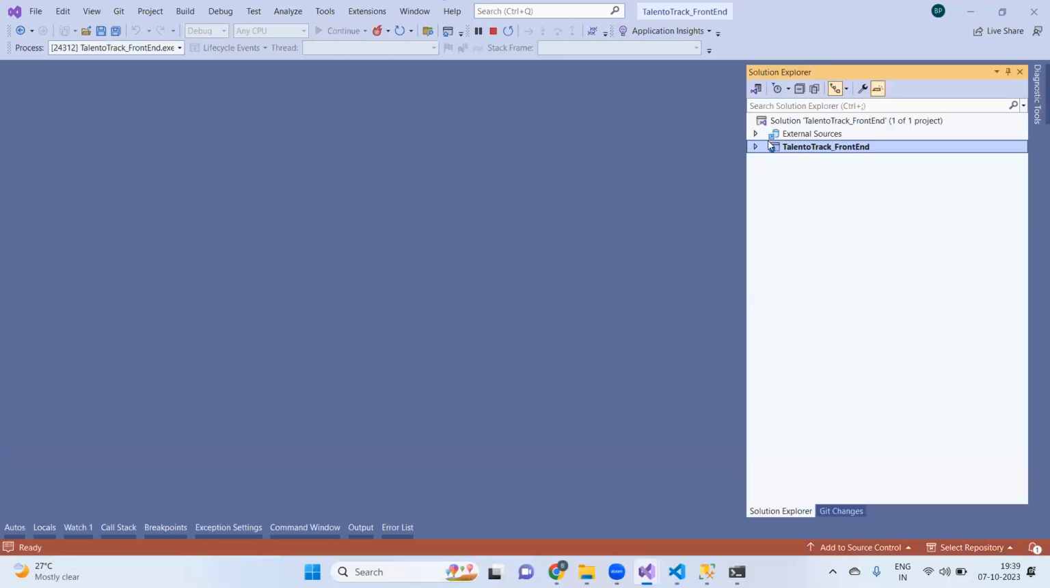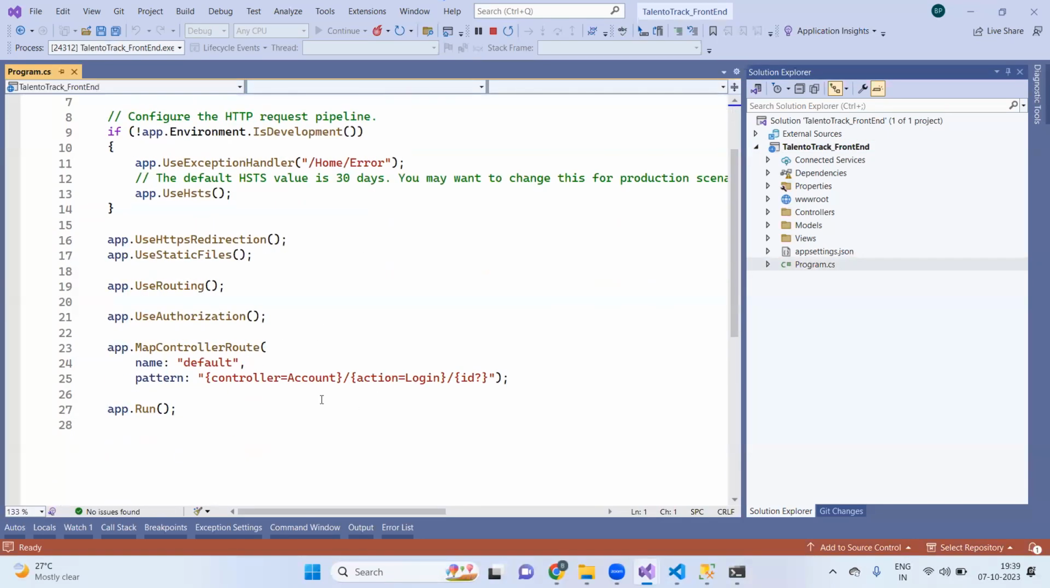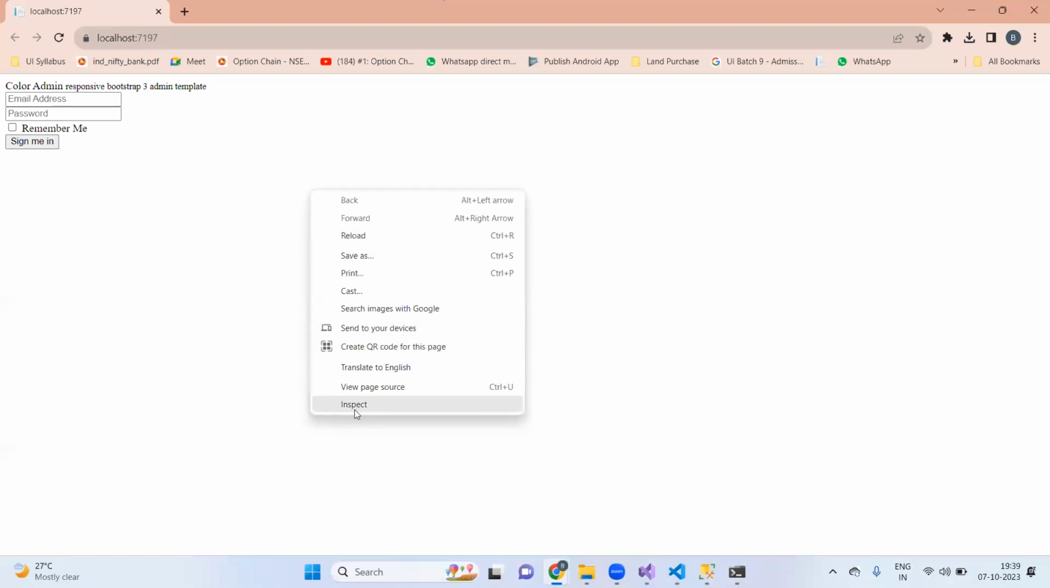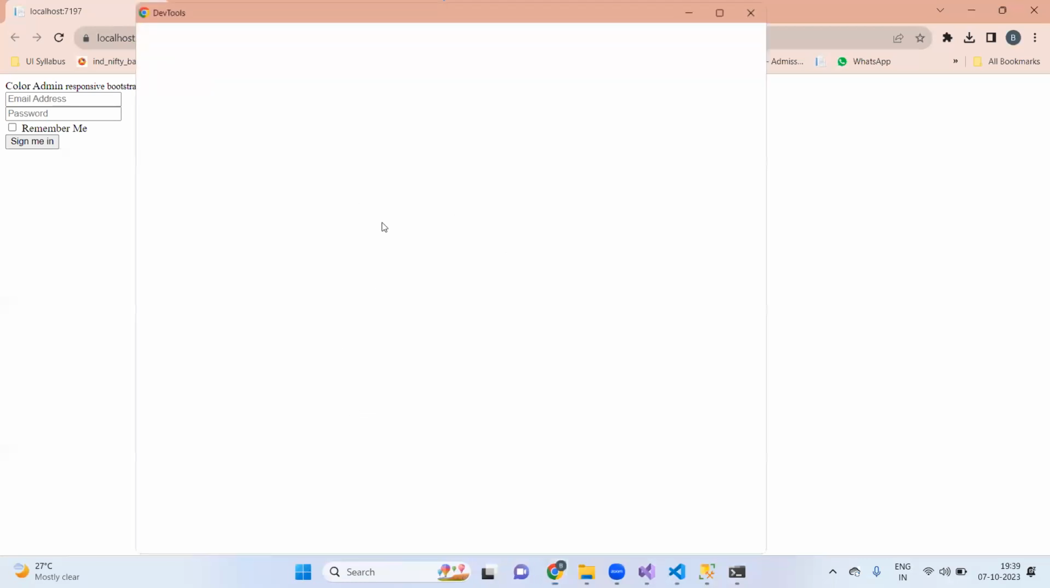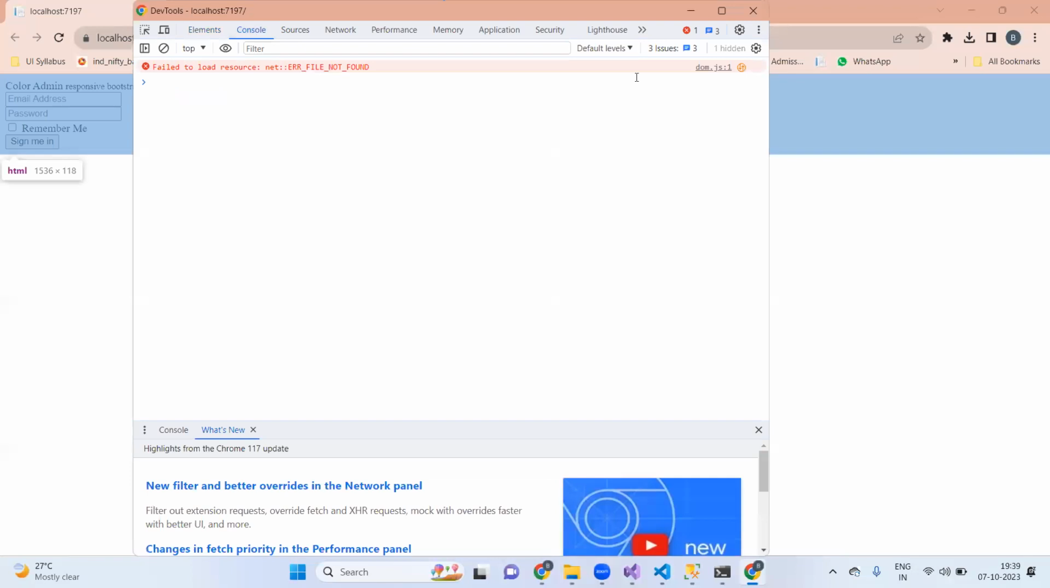Once you run, by default it will go to the login page because of this line. Okay, account/login. It will by default try to open the login page, and the login page already has the HTML code, but you can see it has tried to load the login page, but CSS and JavaScript files are not loaded. That's why the design is not properly visible. So why it is not visible, we can check the errors in the inspect and console tab. In the console tab it is saying